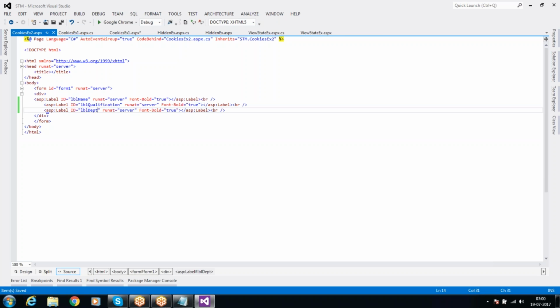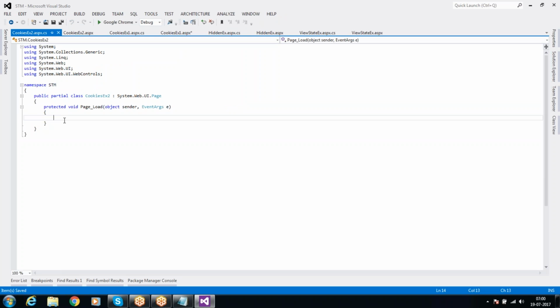Department. Okay. Suppose in order to access your cookies information in another page, you can check like this. You can check. First, you can ensure that the value is not null. Okay, so for this object dot reference equal